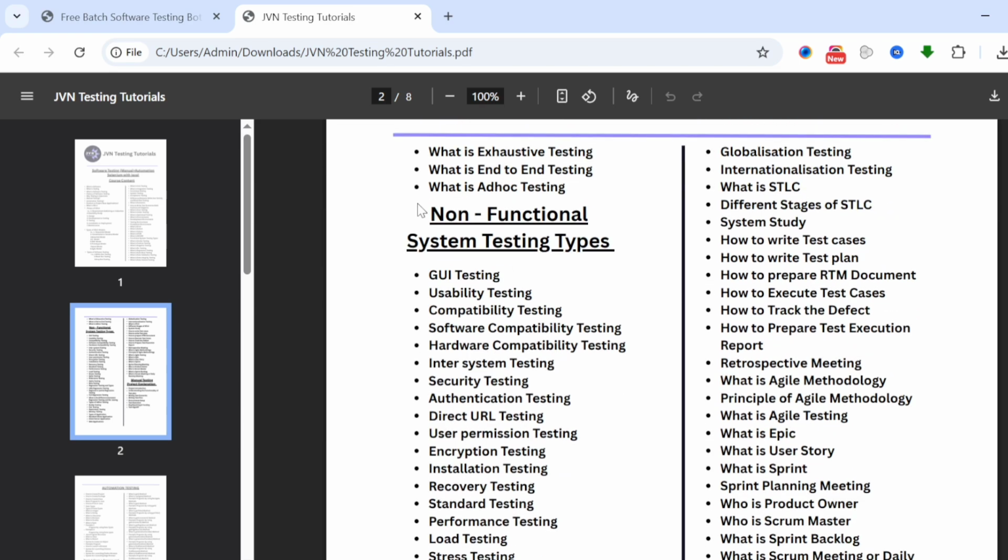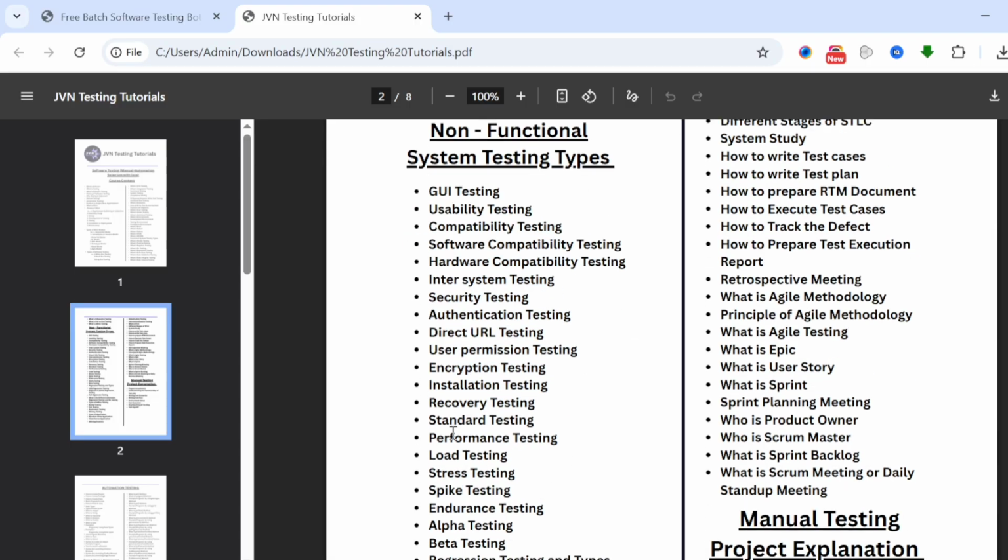Let's see now what the non-functional system testing types are. That is GUI testing. GUI testing means graphical user interface. How to do this graphical user interface testing? What is usability testing? How to do that? Compatibility testing. What is software compatibility testing and what is hardware compatibility testing? How to do this? And what is inter-system testing, security testing, authentication testing, direct URL testing, user permission testing, encryption testing, installation testing, recovery testing, standard testing,